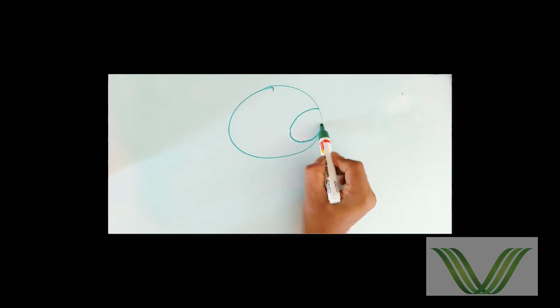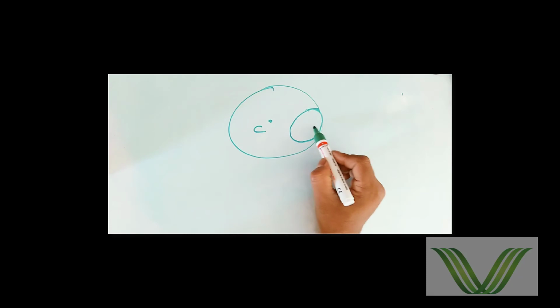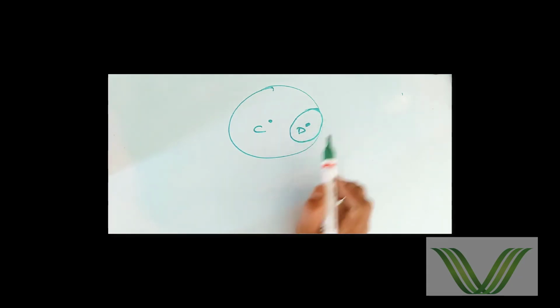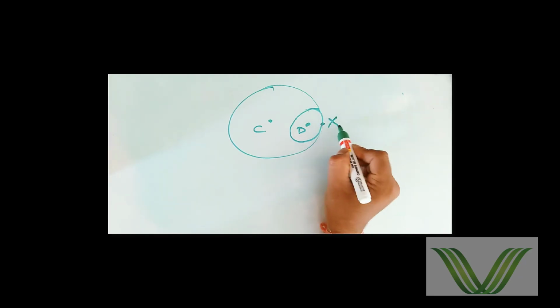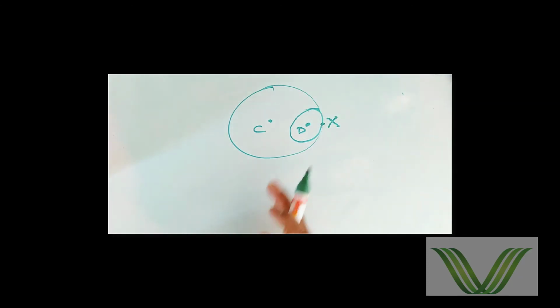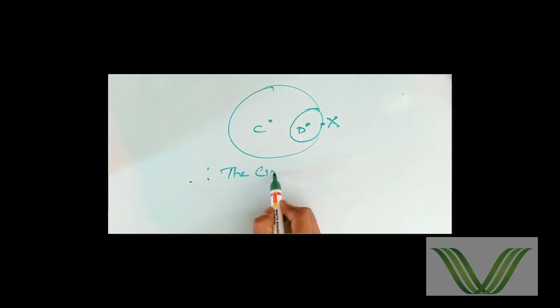I'll draw a circle and encircle it. Okay, so point C of the bigger circle, and encircling, I'll name the center of the small circle, the encircle, as D, and the point where it meets I'll indicate with the alphabet X. Observing this figure, we can state that the above circles touch each other at one point only, at point X only.